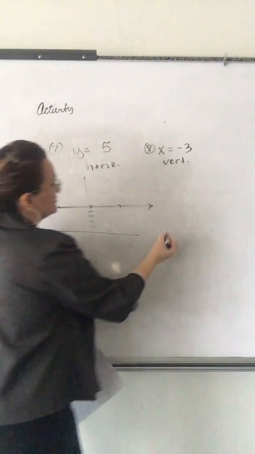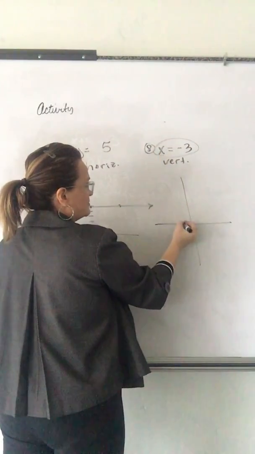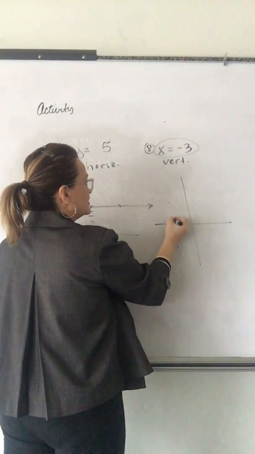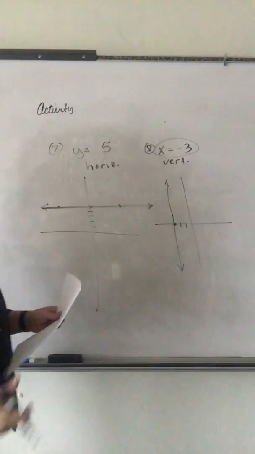And then the last one, number 8, vertical. We go to x is -3, so back 3 on the x-axis. Click there, and then anywhere above or below it to draw it out vertically. So the vertical line when x